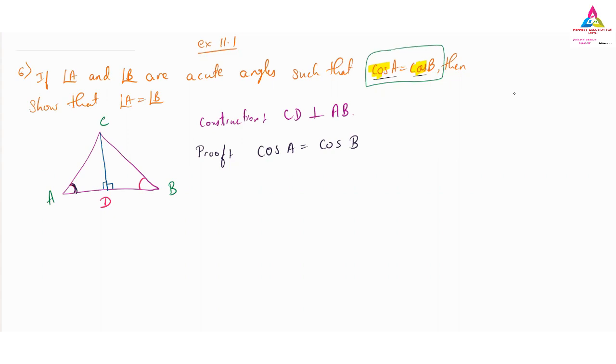So when you have cos A, take the right angle triangle where you have the A angle, and here the D angle is making 90 degrees, and the C angle is on the top. Now cos A is nothing but adjacent over hypotenuse: this is opposite, this is adjacent, and this one is the hypotenuse. So you know the rule. What is cos A? AD by AC, because the adjacent is divided by the hypotenuse. The hypotenuse is over here and the adjacent is this one. So I can write cos A as AD divided by AC.